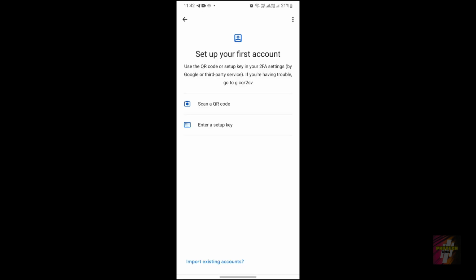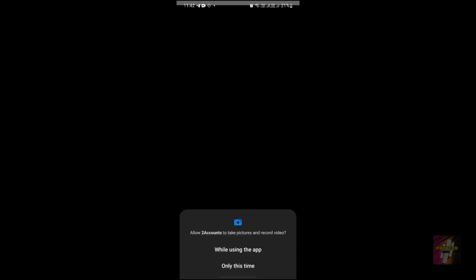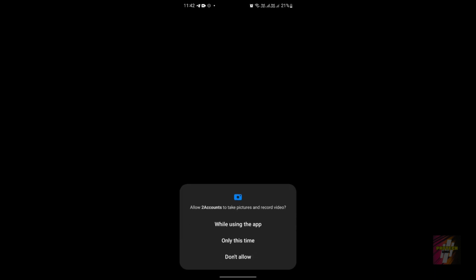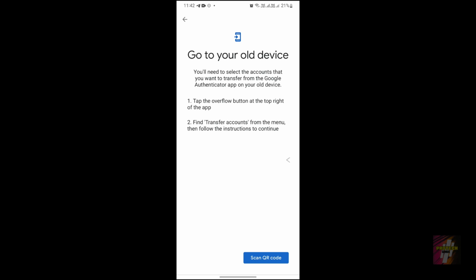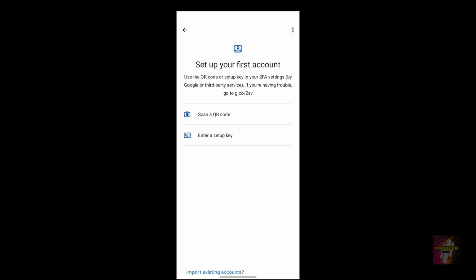Okay, I'm gonna add a code. So you could add a code by two steps. That is scanning a QR code or entering a setup key. Or if you have an account, you just import those accounts. So as I told, in order to demonstrate, I'll just go to my